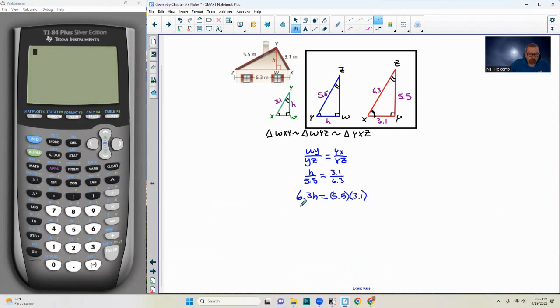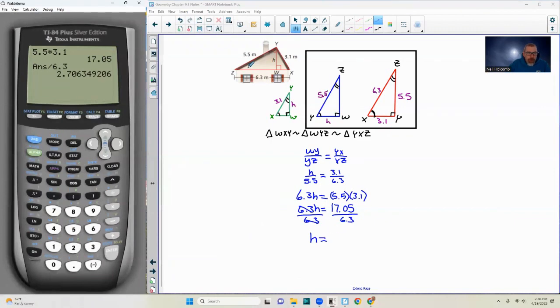I'm just showing all my work. 6.3H equals 5.5 times 3.1. Enter, 17.05. Divide by 6.3 to find H. These 6.3s will cancel, and I get H equals 17.05 divided by 6.3. Enter. And I got approximately